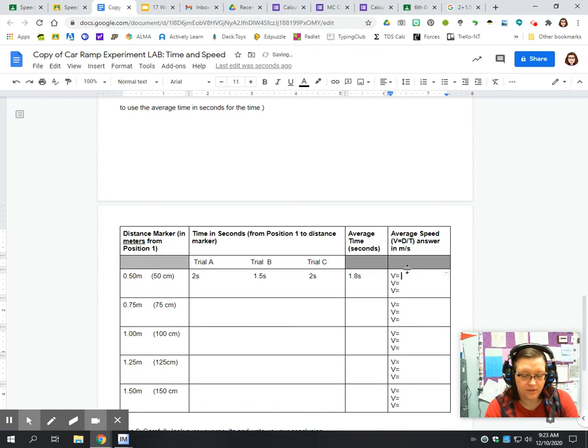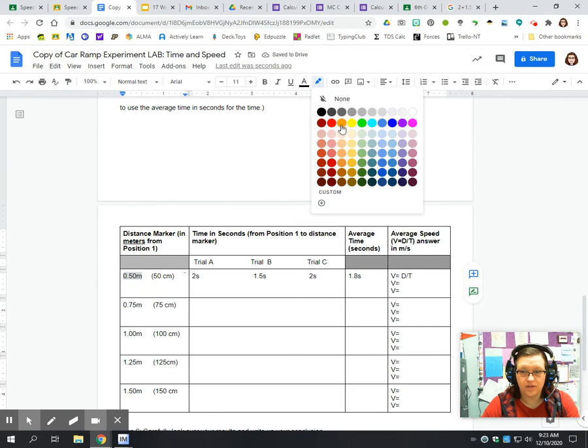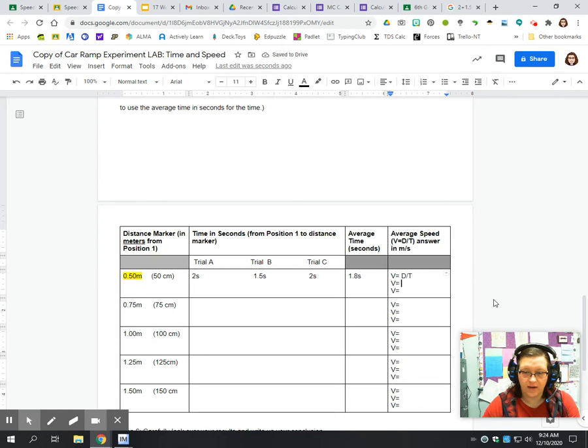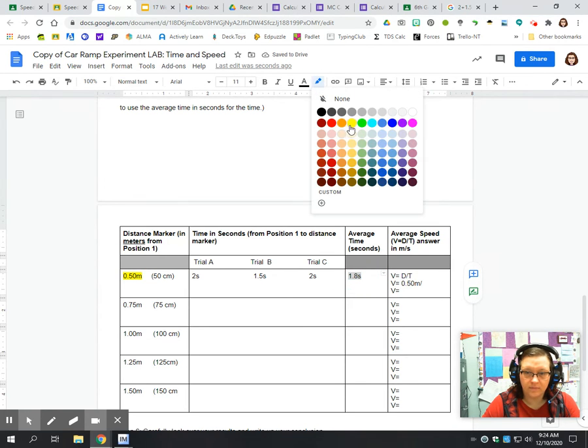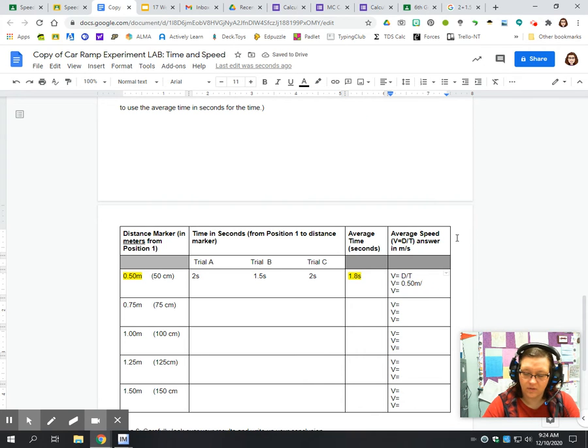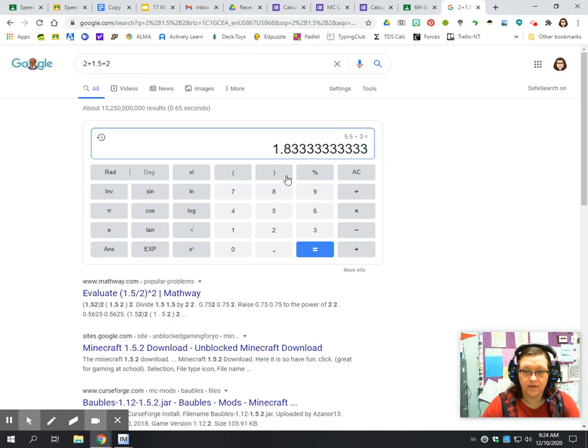So just like before, you start with a formula. Average speed is V equals D/T, distance divided by time. It needs to be meters per second. So I'm going to use the 0.50 meters divided by my average time in seconds, 1.8 seconds. So I go back to my calculator, 0.50 divided by 1.8 equals